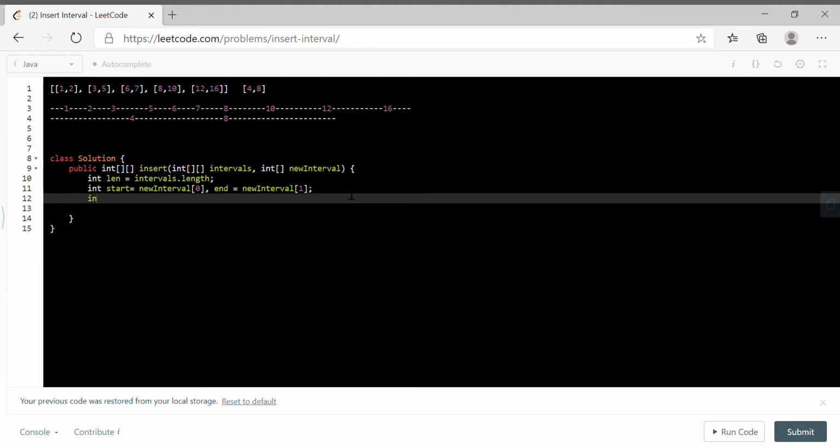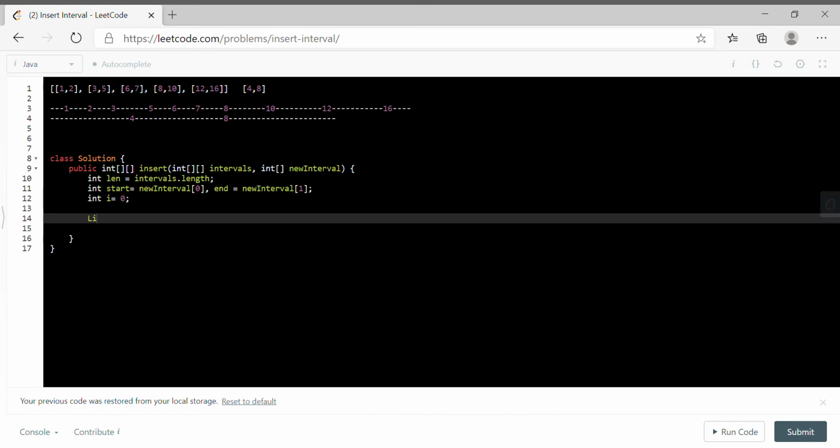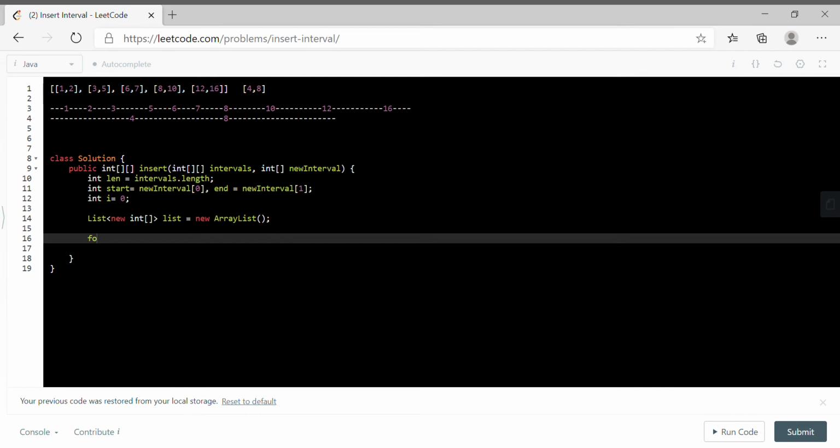And we need to maintain one index that is 0, and the list where we need to keep the values, list is equal to new ArrayList. Okay, now we will solve.